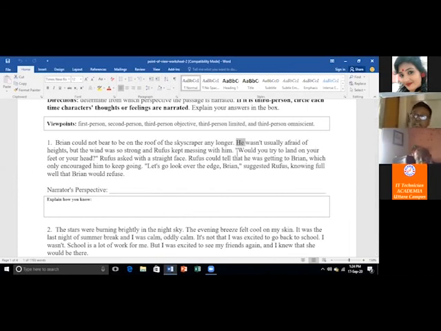But there is another question. If it is third person perspective, then we will have to think, if the narrator narrates the thoughts and feelings of the character, is it of only one character or more than one character? If it is only one character, then this will be third person